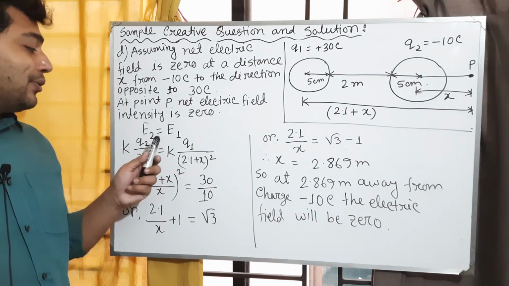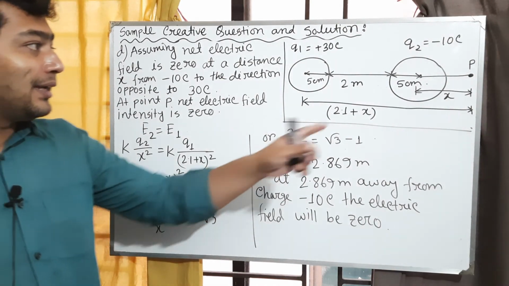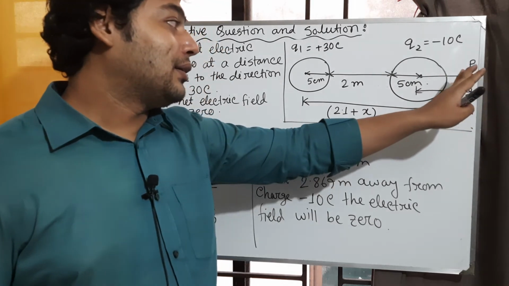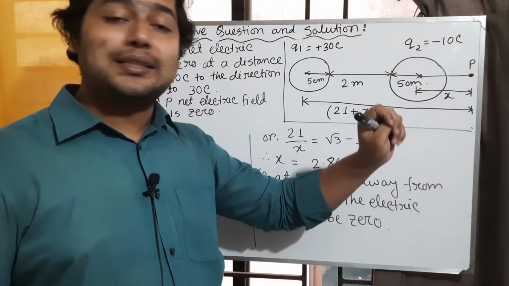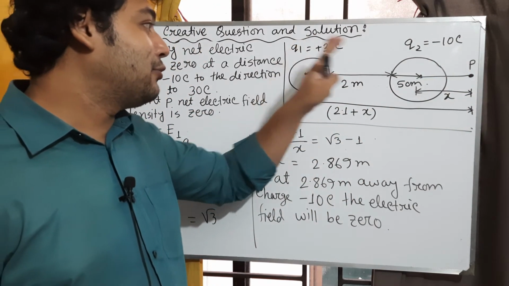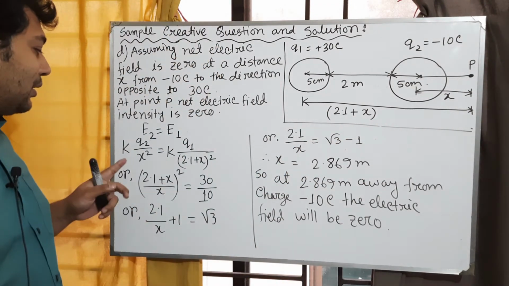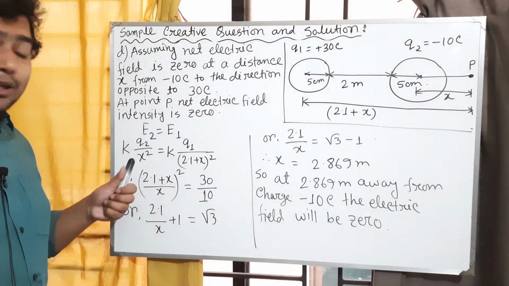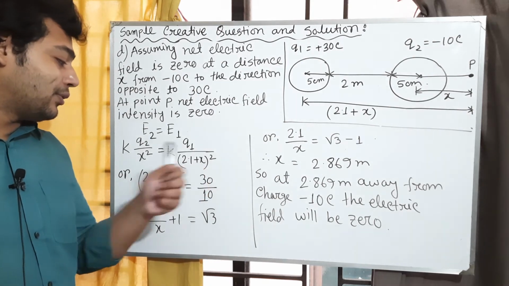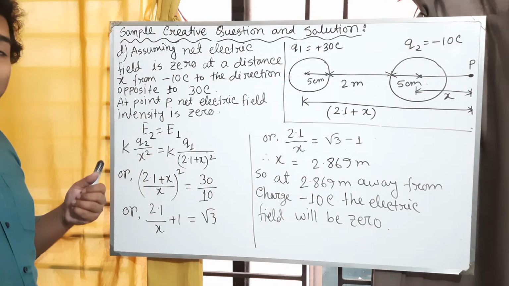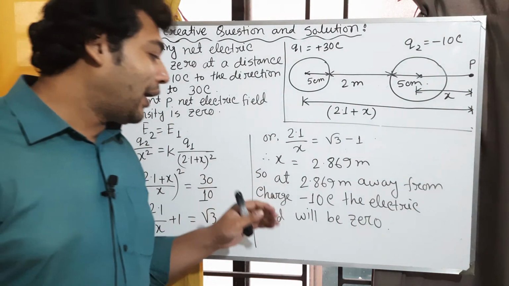So we can write E2 equal to E1. So we can write K into Q2 by x square. Here the distance from Q2 to P is x, and the distance from Q1 to P is 2.1 plus x meter. Okay, so we can write K into Q2 by x square equal to K into Q1 by (2.1 plus x) whole square. So here K and K cancel, and after calculating we get the value of x is